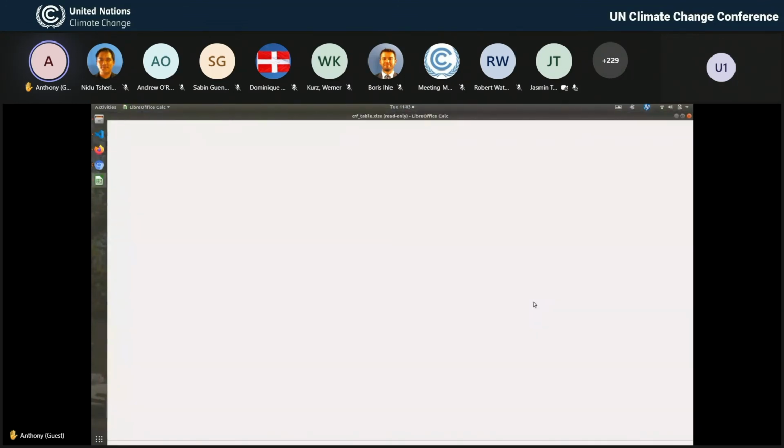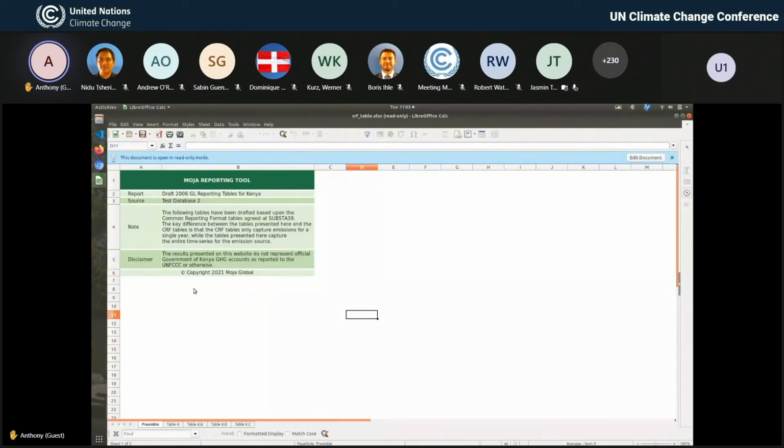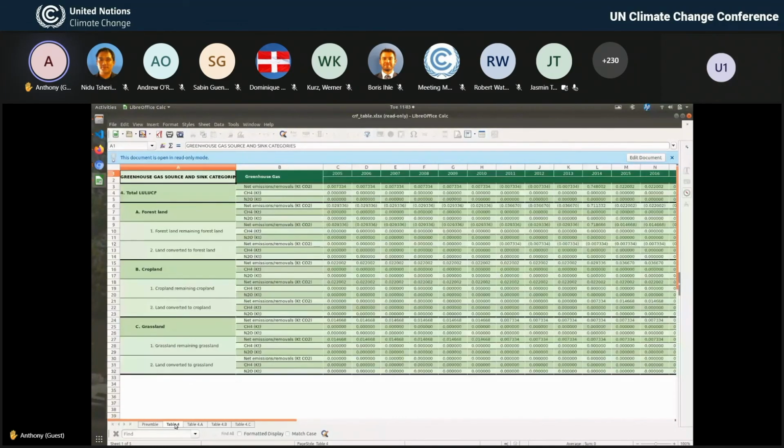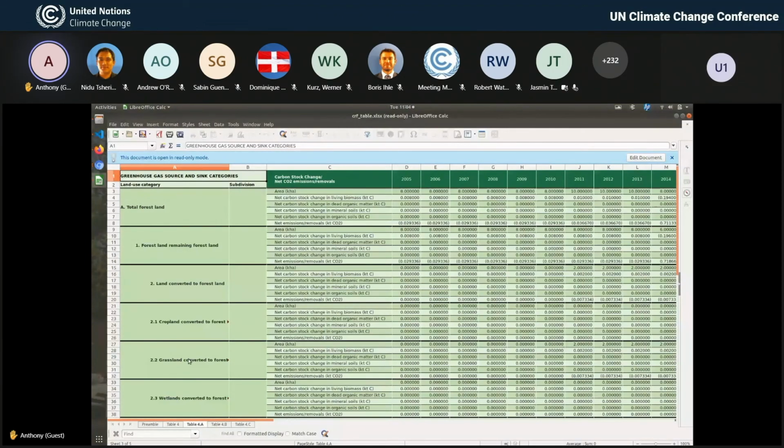Here's just an example of how that looks. So that is a database for the whole of Kenya. You can see it had table 4. These are the figures for table 4, from 2005 all the way to 2030, because this was a test database, broken down into the sectors 4A, 4B and 4C.